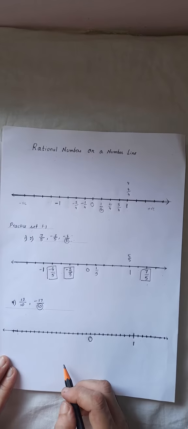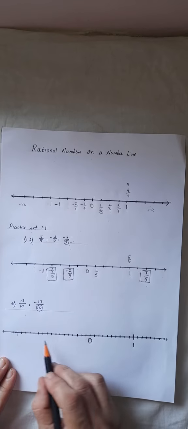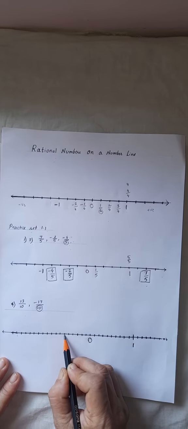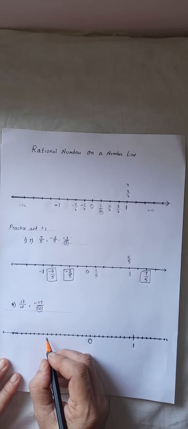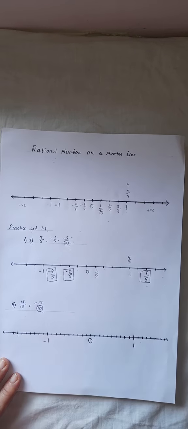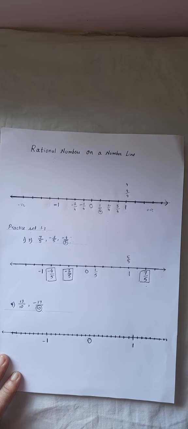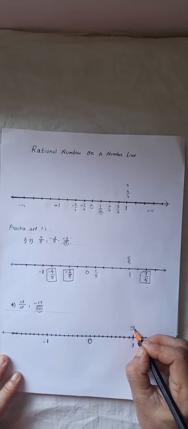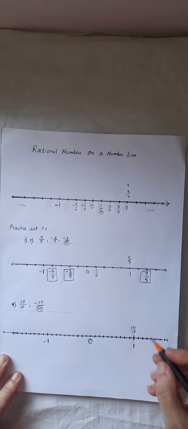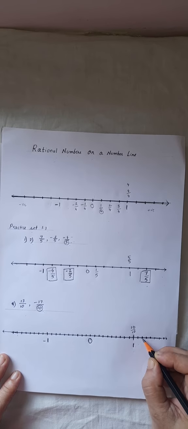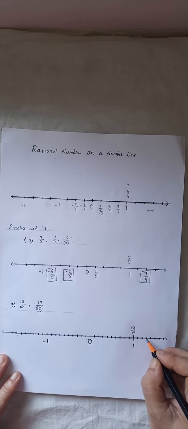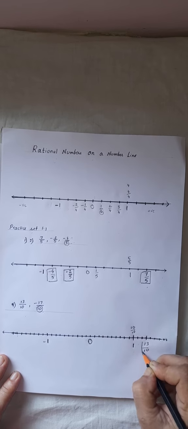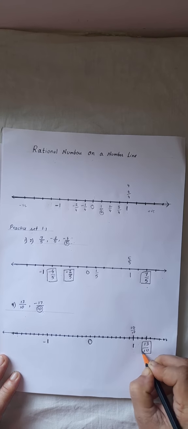Now let us mark these points. We'll begin with the first one. We will similarly mark minus 1 on the left hand side. 1, 2, 3, 4, 5, 6, 7, 8, 9 and 10. So here is minus 1, right? Now we want 13 upon 10. So where will be 13 upon 10? What is this? This is 10 upon 10, right? Which is equal to 1. So where will be 13? 11 upon 10, 12 upon 10, and this will become 13 upon 10. So this is 13 upon 10. You make a box for this.